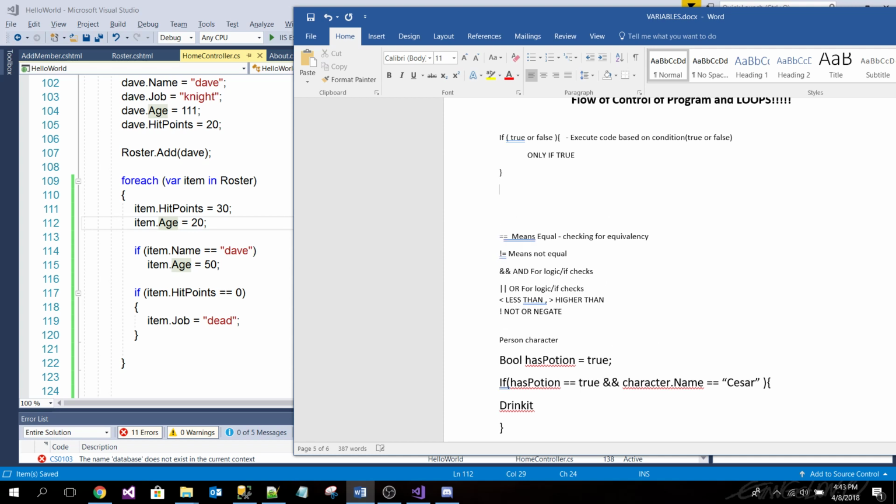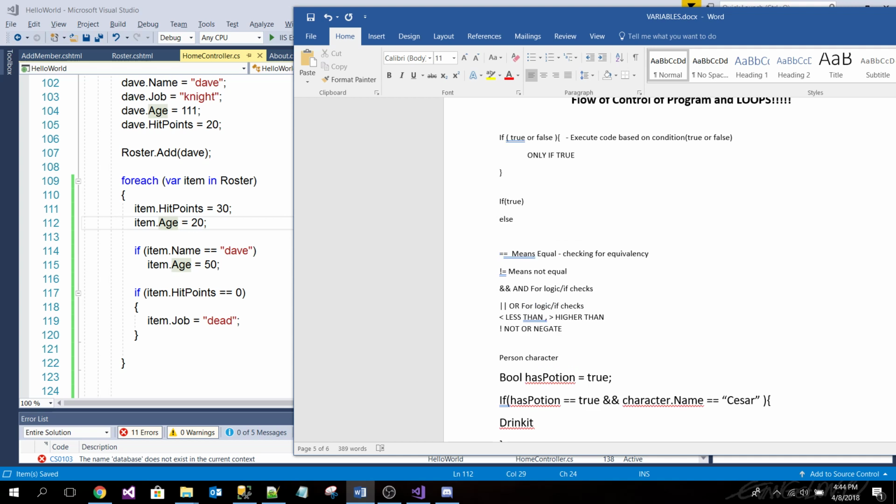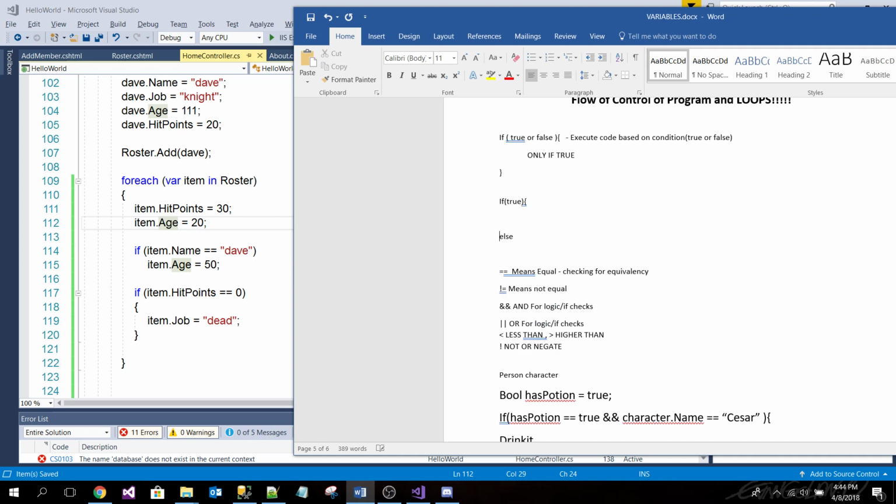So if, then we have also if is true. Then we have the if else statement. Yeah, there you go. I kind of skipped over these, my bad. Okay. We have three different types of if statements. They're pretty easy, so we're going to do them pretty quick. So we're totally good on the if statement.